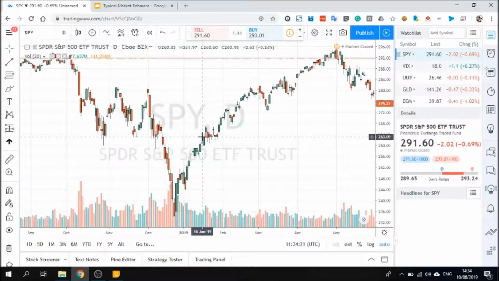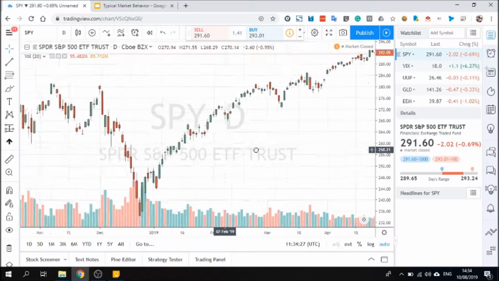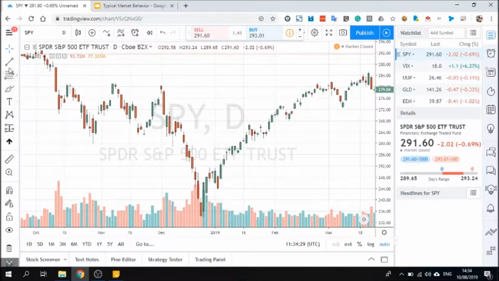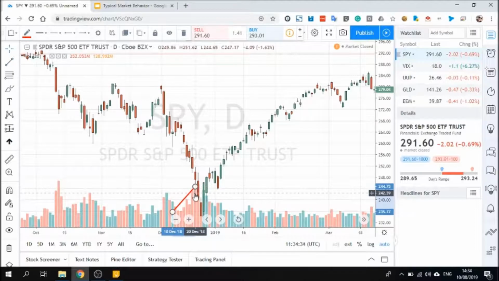Down moves are a lot quicker. They move faster and with higher volume. Let me just zoom in so you can see the volume. You see the volume here? The volume during the down move really increases, and that's because down moves are mostly a panic move. This is where traders and speculators sell what they have just because other people sell, and not for a real fundamental reason. If there was one, there would be